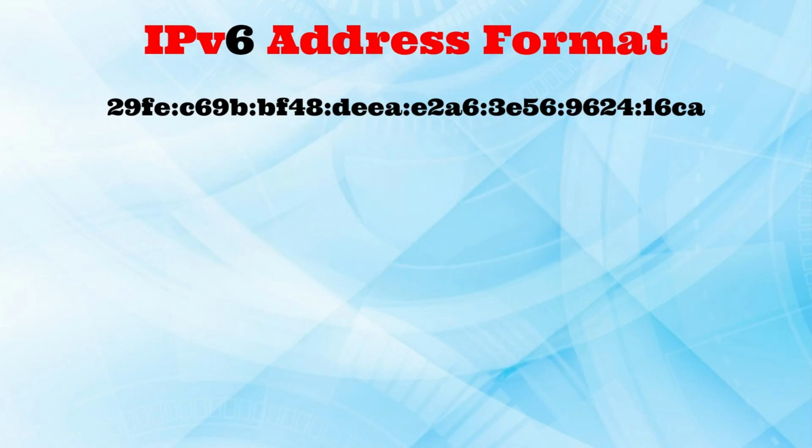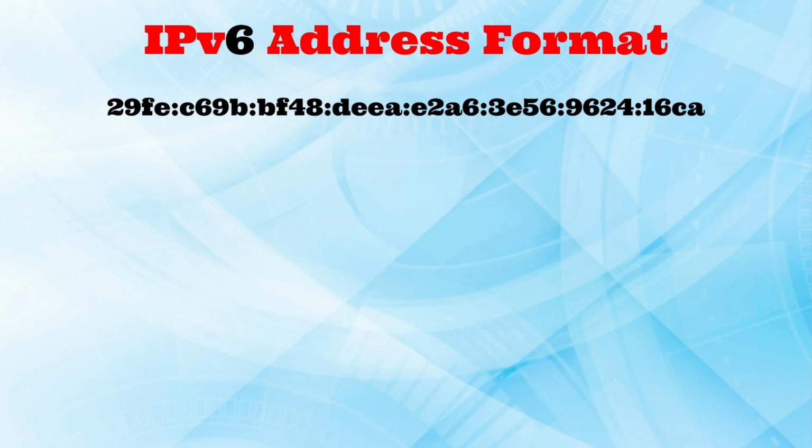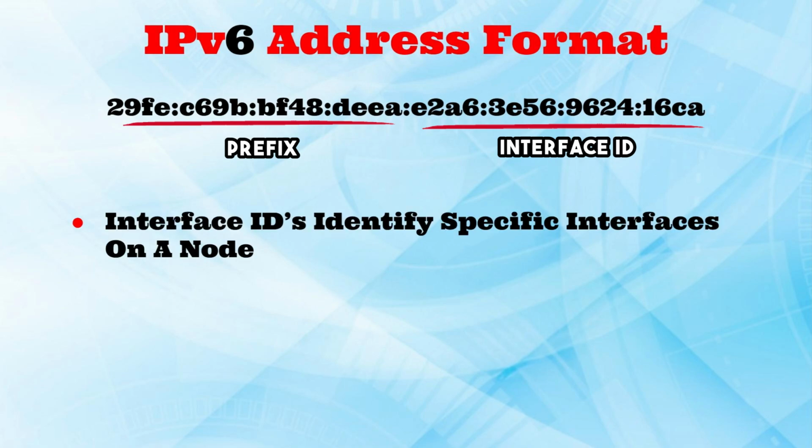V6 addresses are represented as 8 groups of 4 hexadecimal characters, known as a hextet. Each hextet is separated by colons. For host systems, the first 64 bits are known as the prefix. For common V6 address types and host systems, the last 4 hextets are reserved as an interface ID. Interface IDs are used to identify specific interfaces on a node. If you don't know common IPv6 address types, then continue watching the video as I will cover these common address